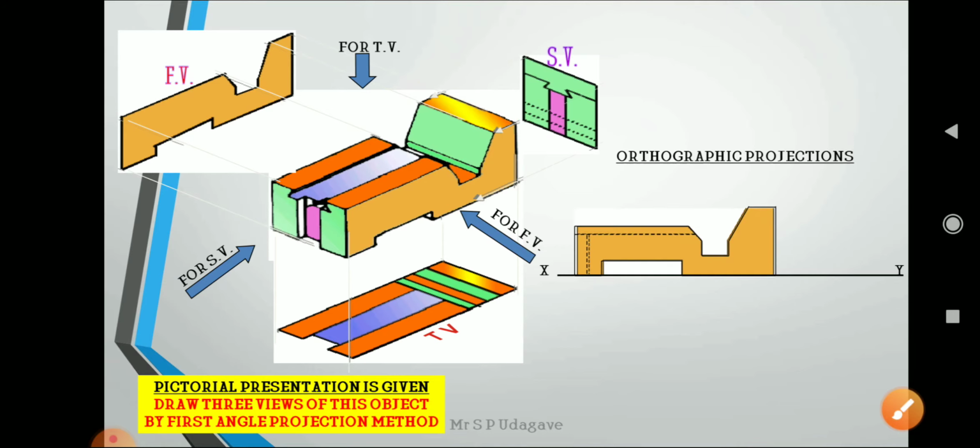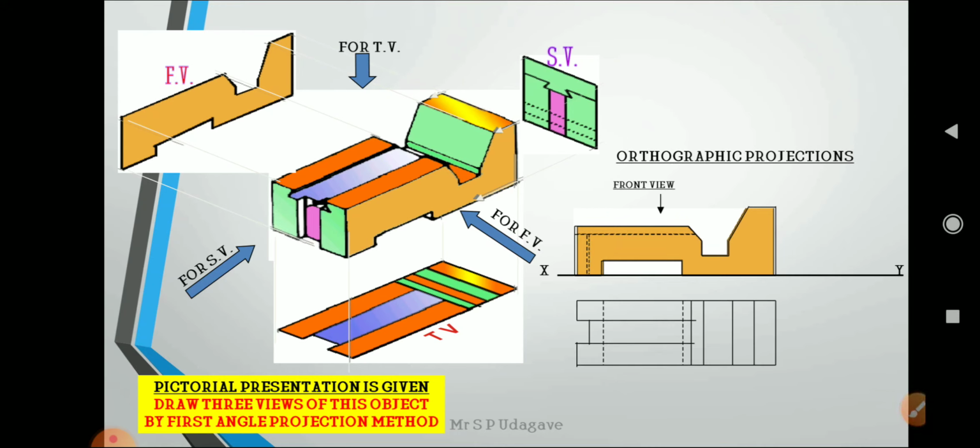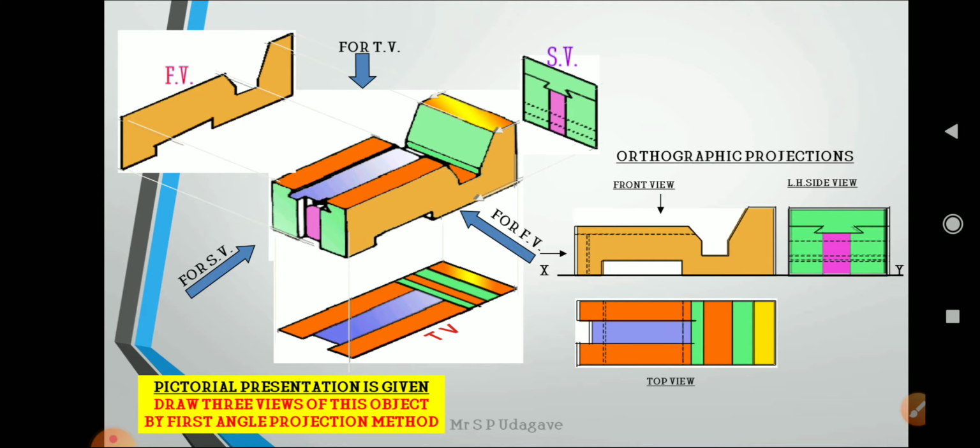Now we can see in this a internal cavity is provided, and it is shown up to the inclined portion with a dotted line, and a vertical slot is provided, also with a dotted line. These are edges we cannot see in the front view. So in the top view you can show the slot with dotted lines and the visible part with dark lines. Similarly we can complete the side view also.